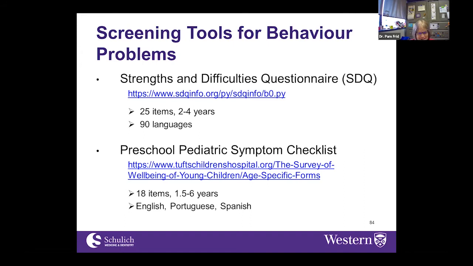They've been well tested, well validated, and particularly the first one has been translated into 90 different languages. So you can use it with families and get them to fill in the questionnaire. And then you might need an interpreter to communicate with the families beyond that, but at least you've got some beginning information.